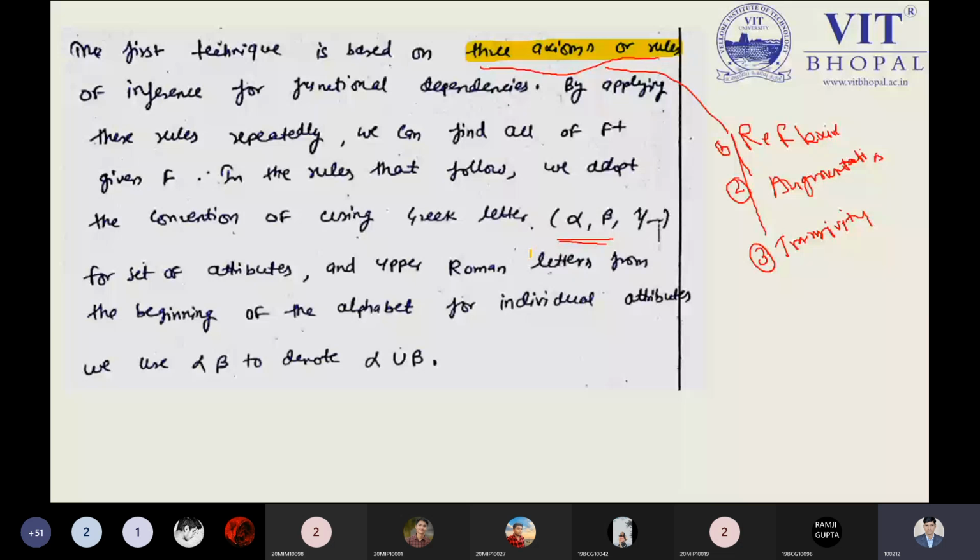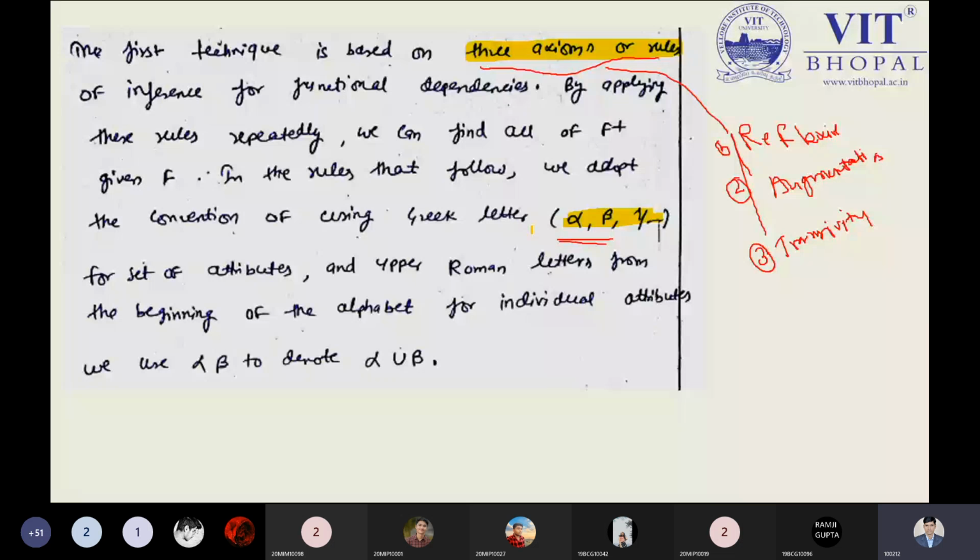In this case, there is some point which is mentioned over here. Suppose we are using three different symbols, and those are known as alpha, beta, gamma. Keep this point in mind: we are using alpha, beta, gamma as representing attributes or sets of attributes. And you can apply any Boolean algebra or relational operation over here. But when solving problems based on functional dependencies, or finding the closure of a functional dependency or the closure of an attribute or set of attributes, we have to take care of everything properly.